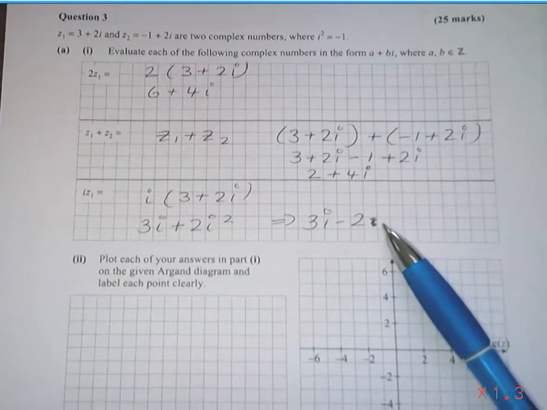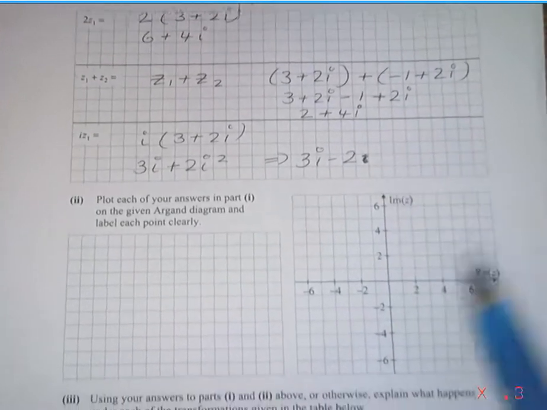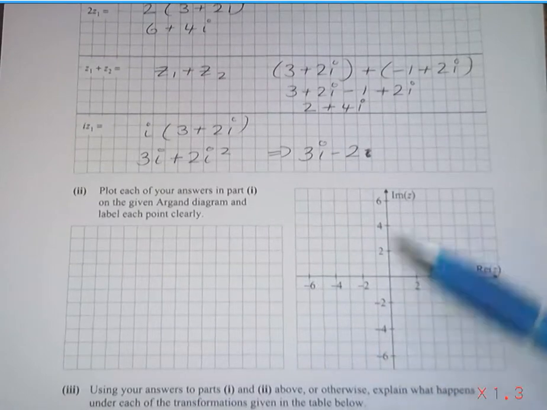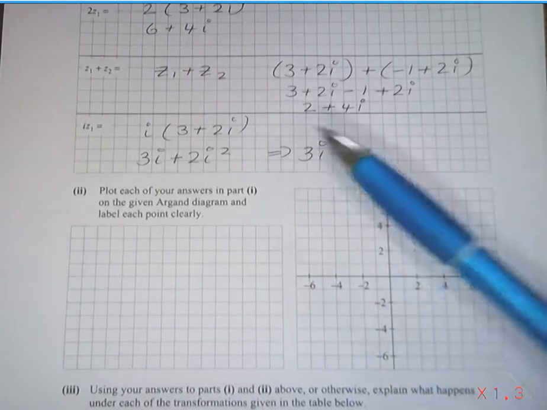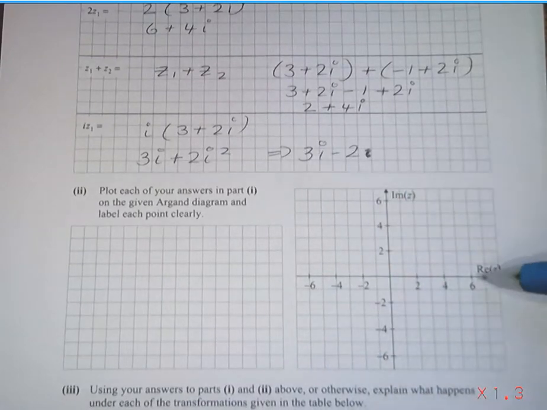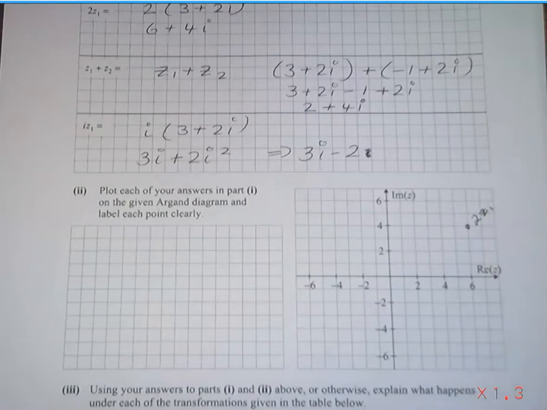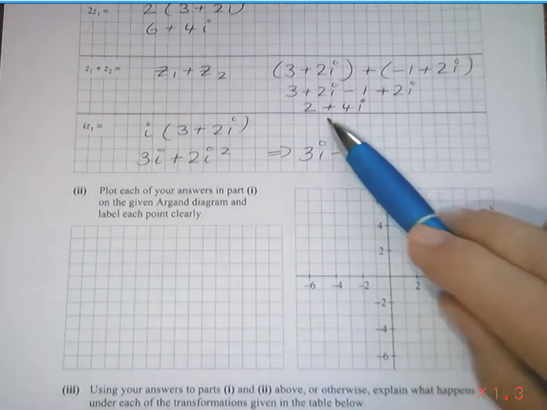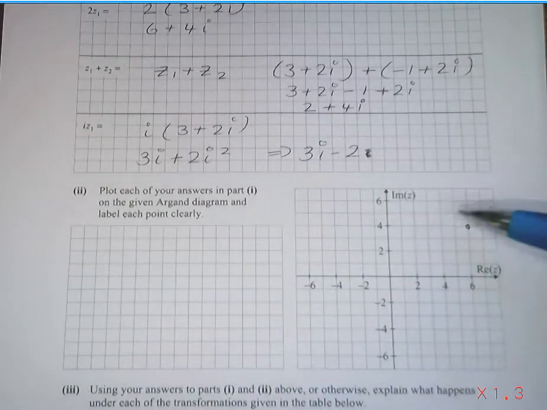Second part, it asks you to plot them. So in terms of plotting them, you go out the real and up and down the imaginary. So for two z1s, you go to 6 plus 4i, and you do a dot, and remember to call it 2z1s. Right? You have 2 plus 4i,